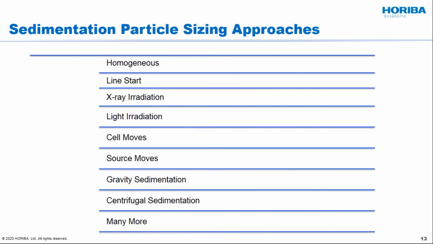These are all different ways that you can use to measure your particle size. So this is all the same technique, all Stokes' law, no difference there, but how do you make the measurement? If you go down the homogeneous technique, you just totally disperse your particles in the liquid and you measure them totally dispersed. With the line start, you're going to introduce all of your particles at the top of your measuring apparatus, cuvette, cell, whatever you have, and you're going to watch those particles all settle, separate themselves,